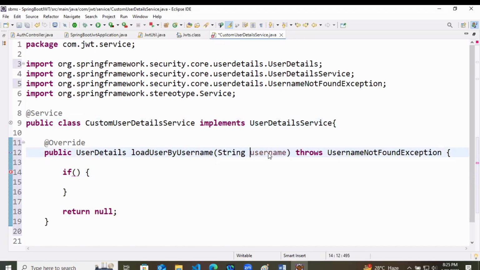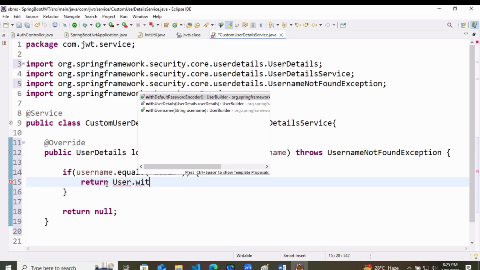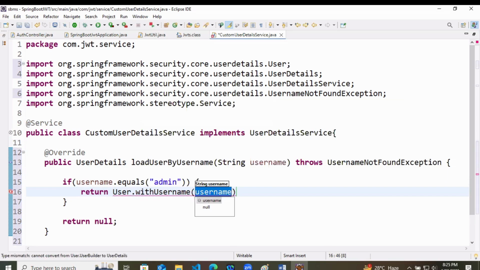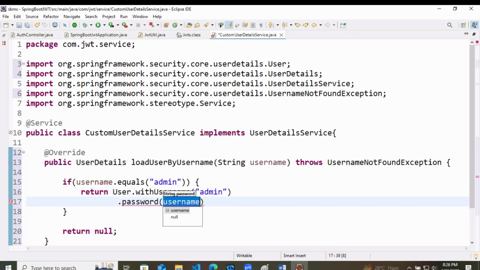Here you are taking one username to check: if username.equals admin, then we have to return User.withUsername, and what is the username? Admin.